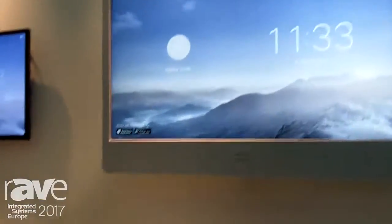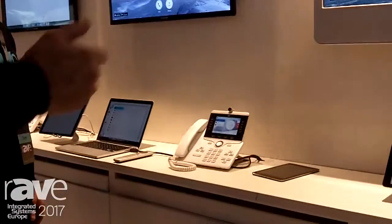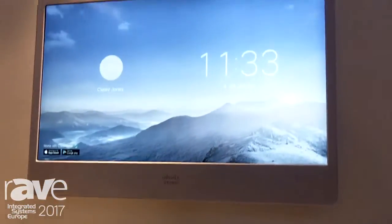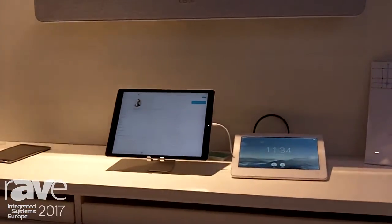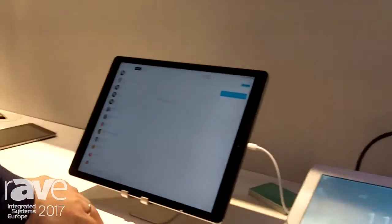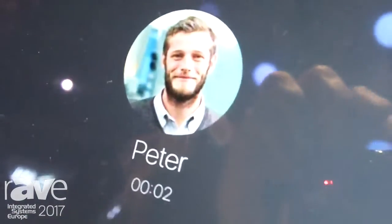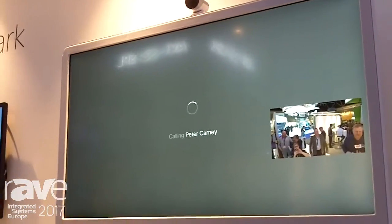So as you said, what we are showing here is basically the Spark platform with cloud-registered room-based systems, the traditional video phones on the desk, the meeting experience on the desktops, and the mobile experience on iPads and iPhones. What we show here is basically the proximity pairing between a mobile device, an iPad in this case, with a room system. And since I'm paired now, I can use this device to place calls from a mobile device to our friend Peter on the other side. As you can see, I initiate the call on my mobile device, and the video then shows up on this endpoint. As soon as I answer the call,